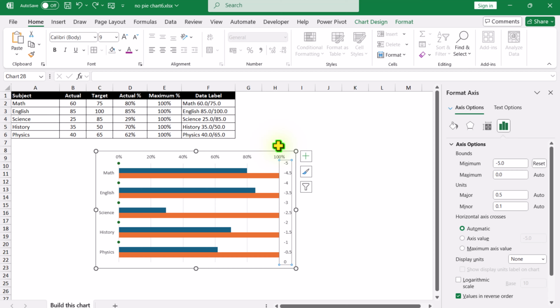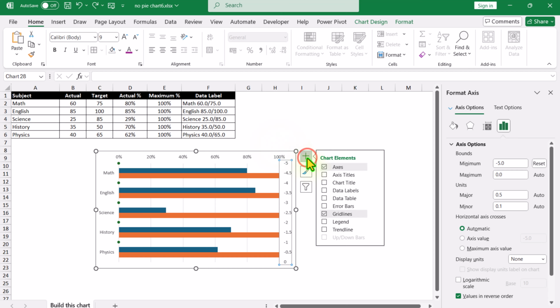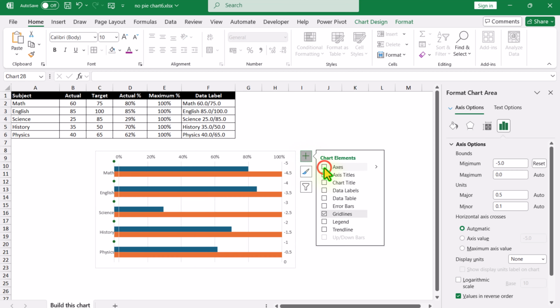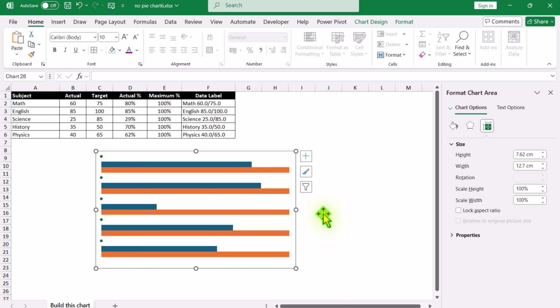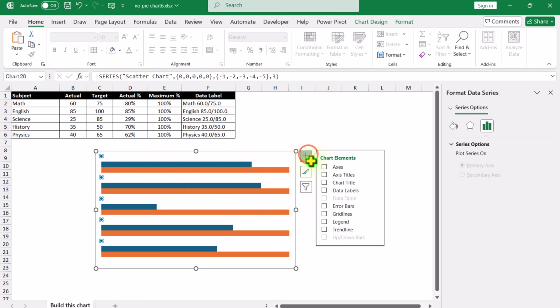Now our chart is almost ready. We need to do some more formatting. Click on this plus button and simply uncheck the x-axis of the grid line. The first thing we need to apply data label. I will click on scatter line series, click on plus button, and we need to apply data label, more data